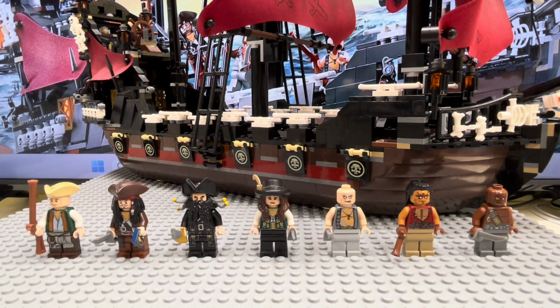He came in a few sets as well, and it looks like he only goes for around $3.39. Now, like I said, there are a few other things Bricklink adds as minifigures, quote unquote. You get 2 skeletons on the back of the ship up over here. They're just kind of hanging out there, but those guys are valued around $3.80 a piece. You get 2 of those regular guys, and then on the front you get the Queen Anne's Revenge